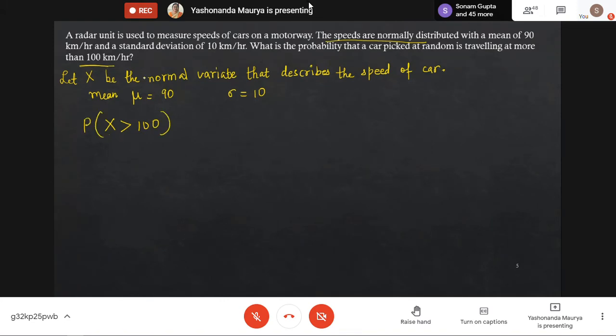Now X is a normal variate, it is not a standard normal variate. So what is to be done is that this X has to be converted to the standard normal variate. And how do we do that? There's a transformation. If I have this X, then I can convert it to Z by subtracting mu from X and dividing the answer by sigma. What will happen is that this new variable will have mean 0 and standard deviation 1, because it will convert to the standard normal curve. That is what we mean here.